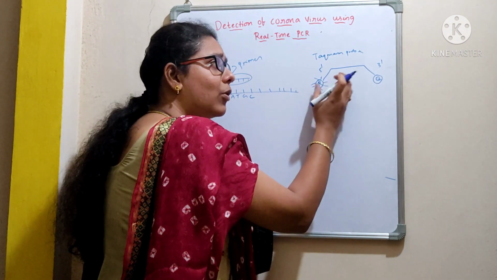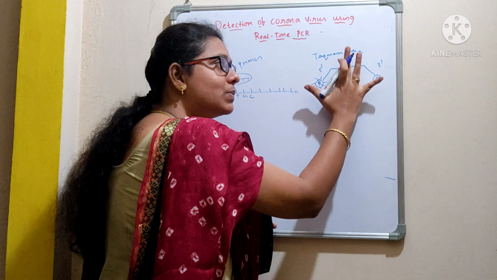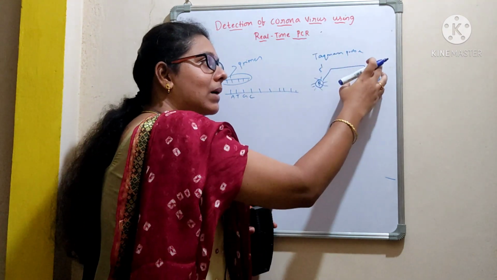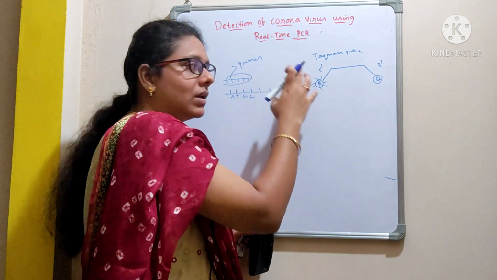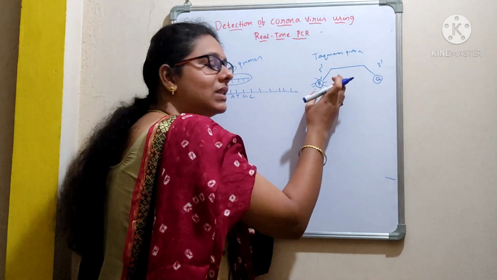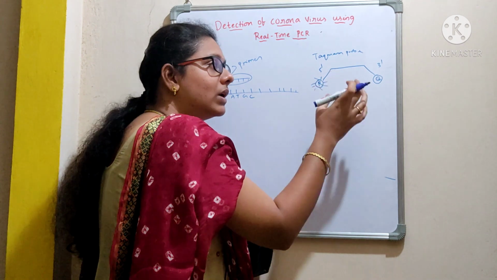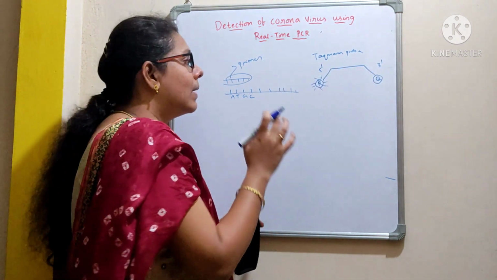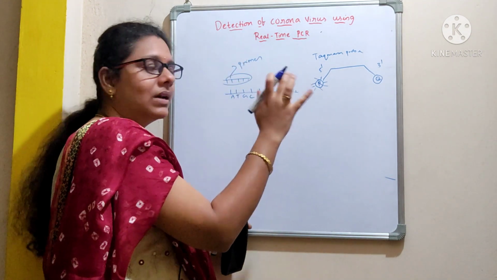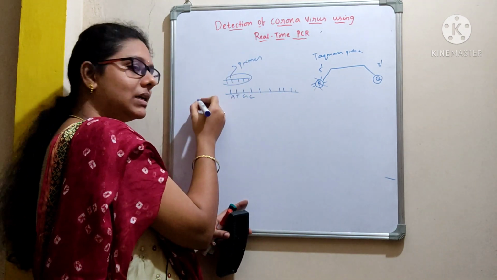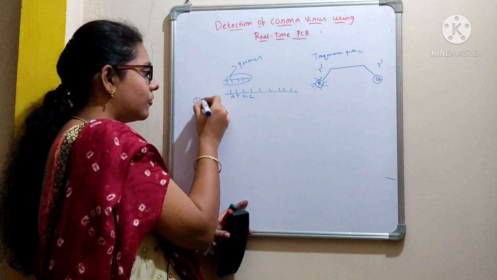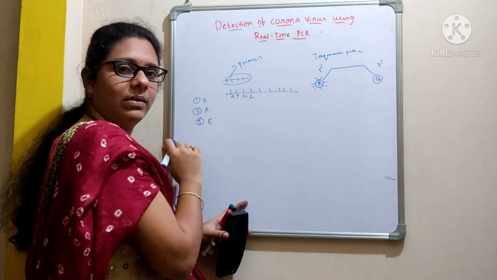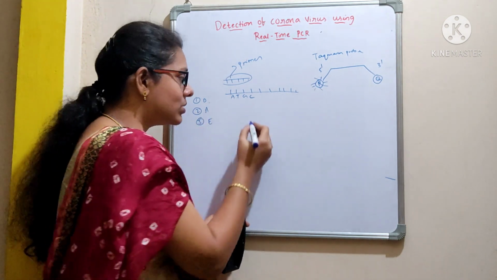Okay, this reporter and quencher will be in close proximity with each other, right? So when we use this TaqMan probe and set up a reaction, usually this quencher will inhibit the action of this reporter. So it will not fluoresce while it is in close proximity with the quencher. But as the reaction proceeds, that is, in PCR we set up a reaction with the 3 steps of denaturation, annealing, and moreover extension. So what happens in the denaturation?